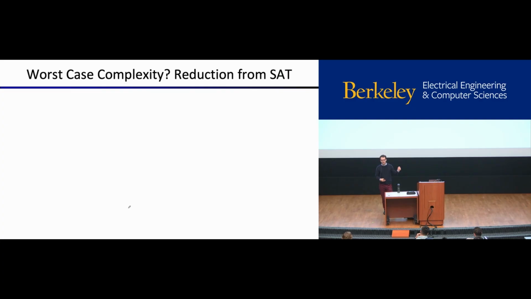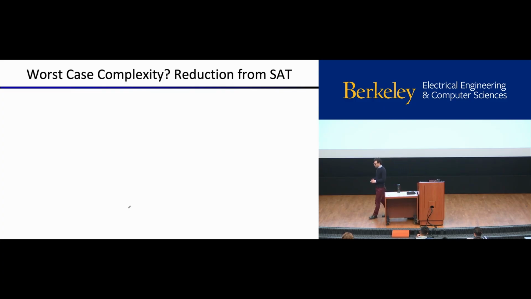So if we know that SAT is hard, and we can show that there's an efficient reduction from SAT into some other problem, then we know that that other problem has to also be hard. Otherwise, this problem that we know is hard is actually easy, and then we get to publish some really groundbreaking papers because the whole field of complexity theory will have a field day. So that's the strategy. We want to show, can I take an instance of SAT and turn it into variable elimination?